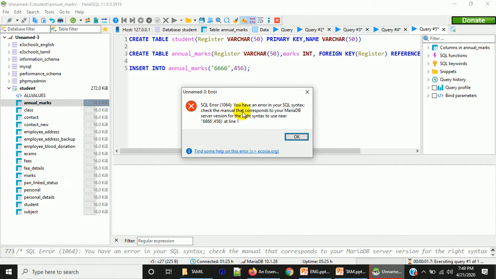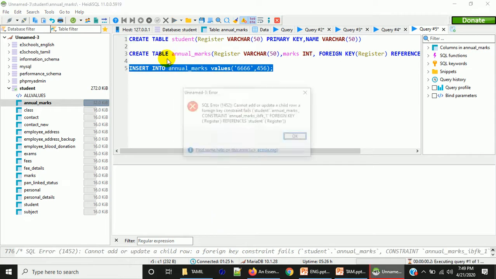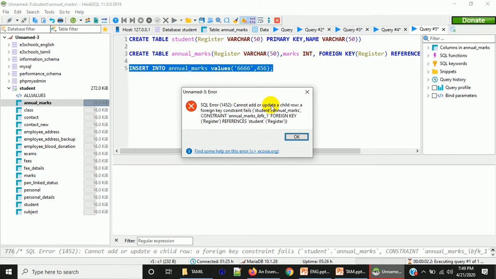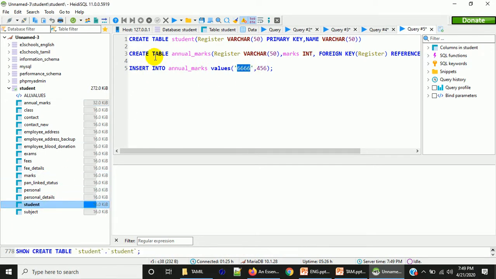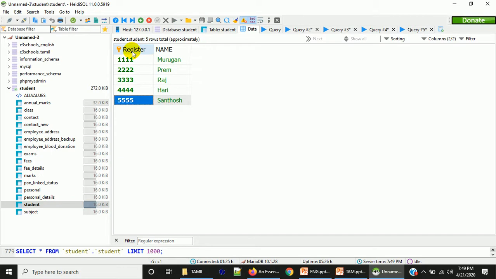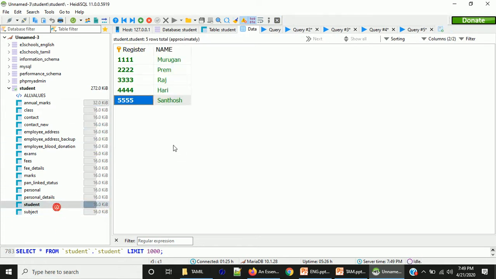See, you cannot add or update a child row, a foreign key constraint fails, which means it is telling us that you are going to enter a value 6666 that is not present in student table register column, because this register column and this register column are interconnected by using foreign key, which means this register key is acting as foreign key to this table.